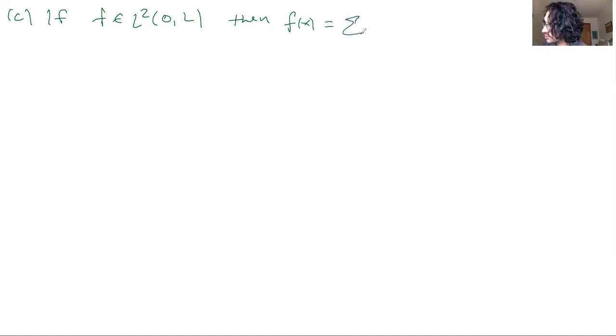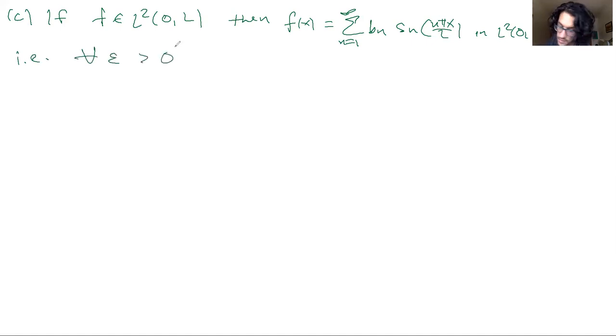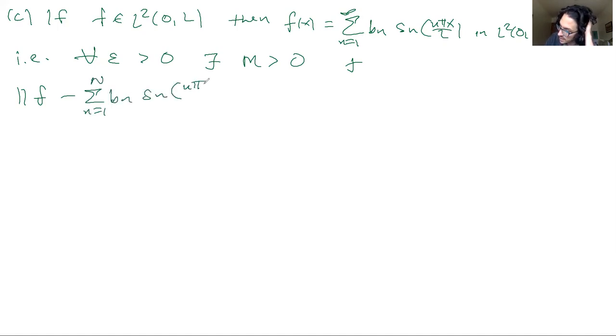Then f of x equals the sum from n equals 1 up to infinity of b_n sine of n pi x over L, okay, is in L2 of 0 to L, okay? In other words, for any epsilon greater than 0, there exists some capital N greater than 0 such that the L2 norm of f minus the sum from n equals 1 up to capital N of b_n sine of n pi x over L